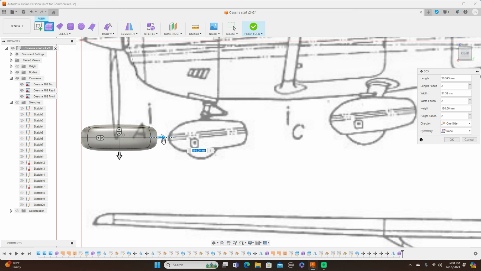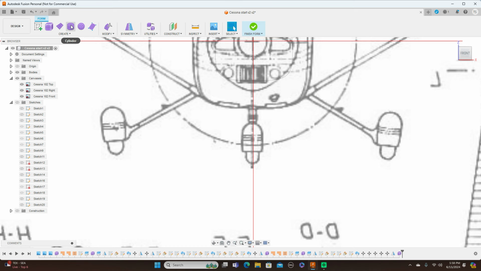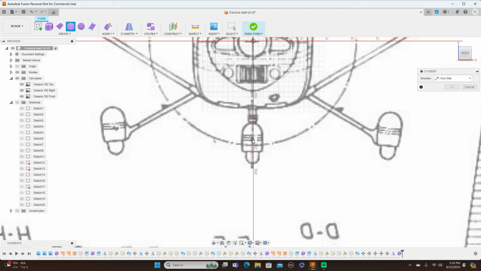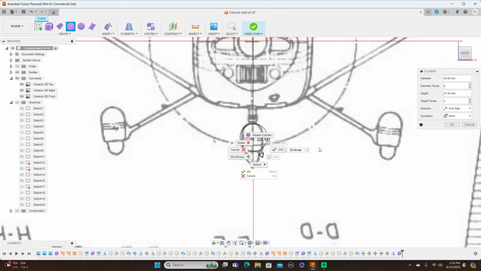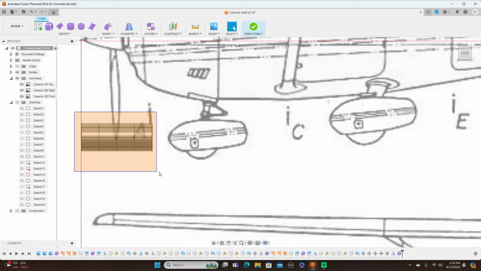Well, actually, I wouldn't use a box. Let me cancel this. It's easier here to use a cylinder. And pull that out. And click OK. And take this whole thing,